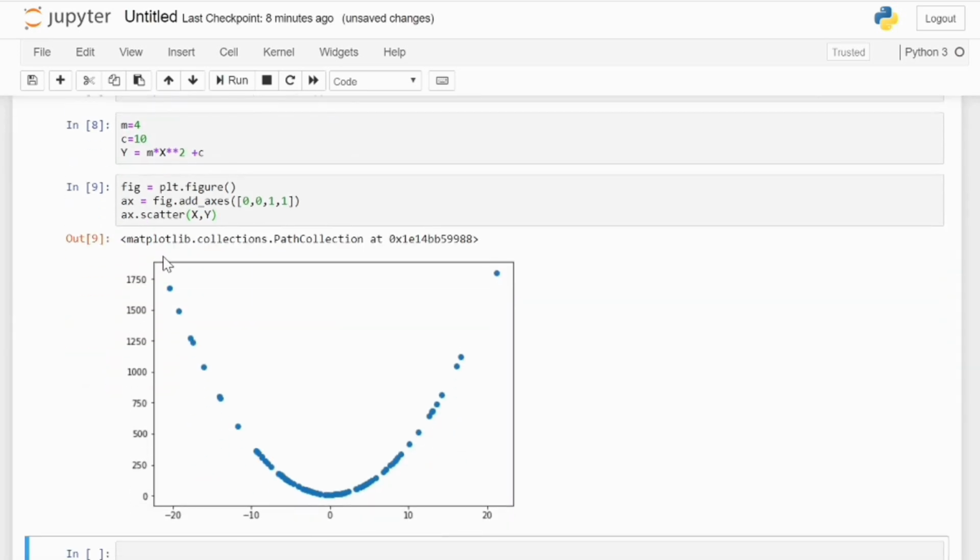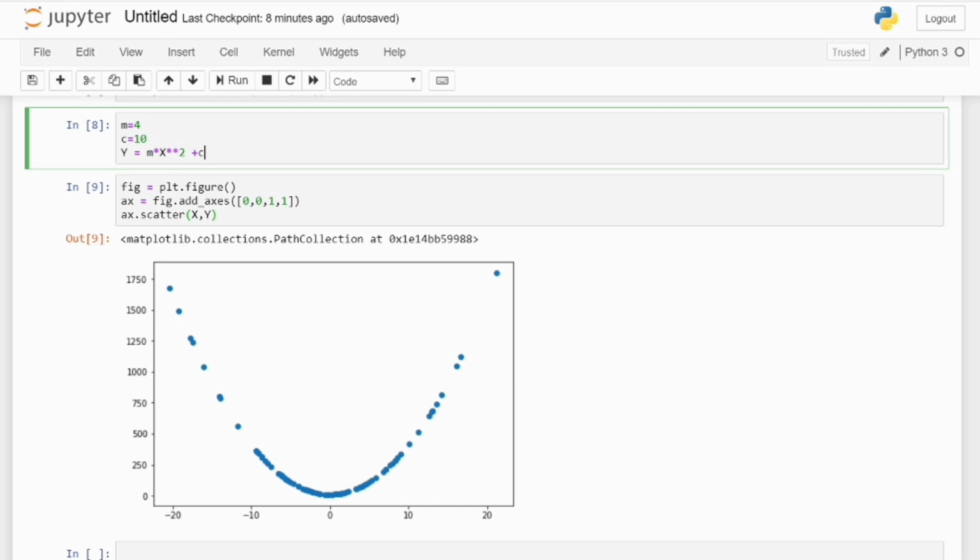You can see that it is creating a kind of parabola, and since it is a normal distribution, you will find that the points far from the mean are very few and those near the mean are very many. This is the way you can generate different types of curves.